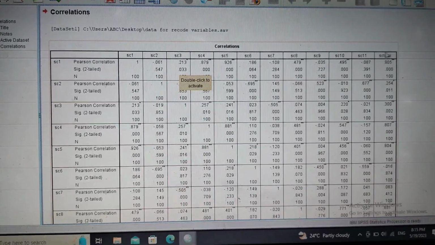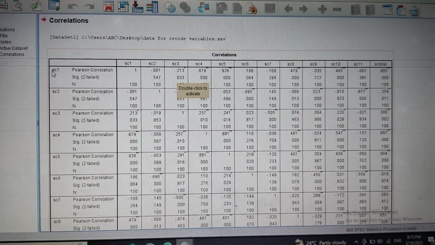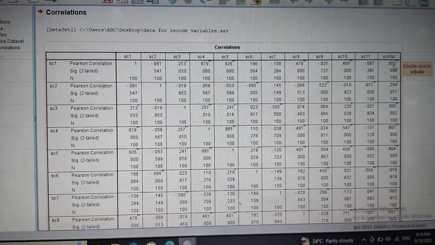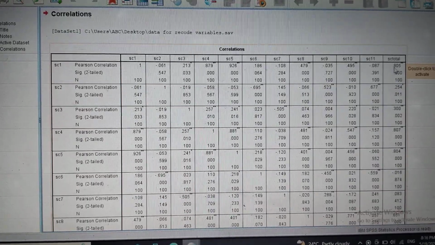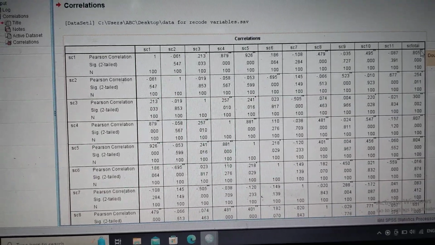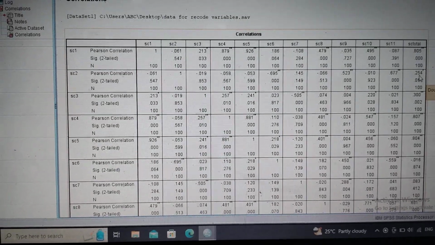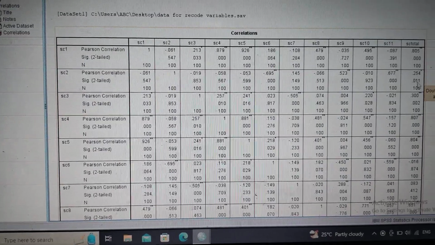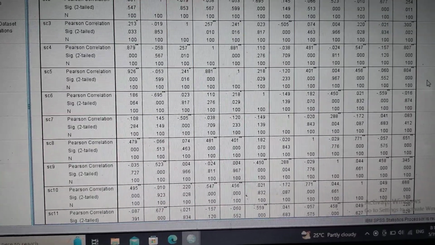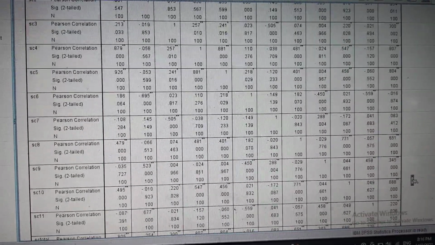At the end, in this table, you can check the total score. This is the correlation between item number 1 and total score, and what you needed is this score for item total correlation, that is at the ending column of this table: 0.805 with double asterisk. This is the correlation of item number 2 with the total score, 0.254. So this column, SC total, will show us the item total correlation of our whole scale.